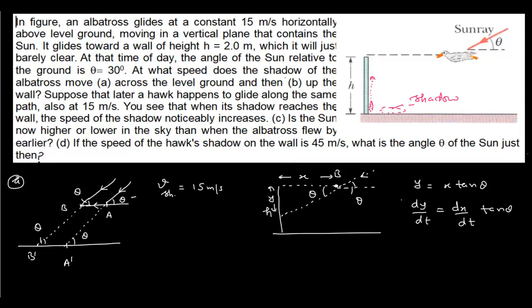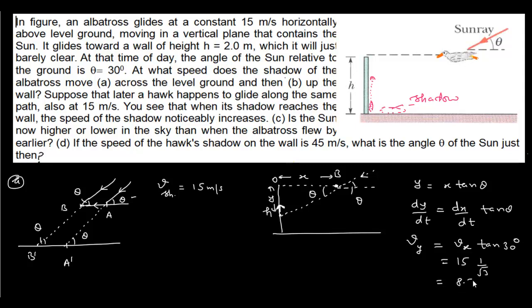It is the speed of the shadow in this direction, up, towards this reference point O. So this is the speed of the shadow, and it is equal to Vx, the speed of the bird towards this point O, times tan theta. Theta is 30 degrees, that is given, and we know that this Vx is 15 and tan 30 degrees is 1 by root 3, so we get